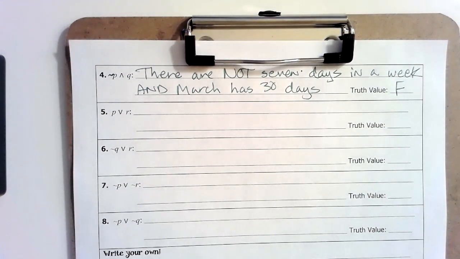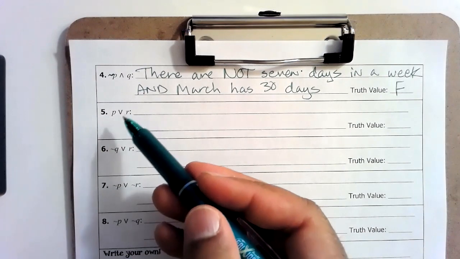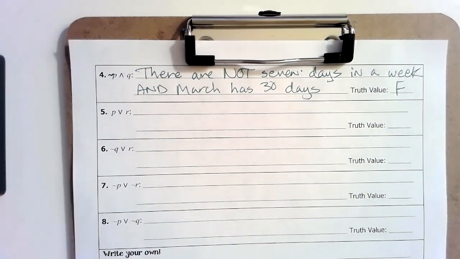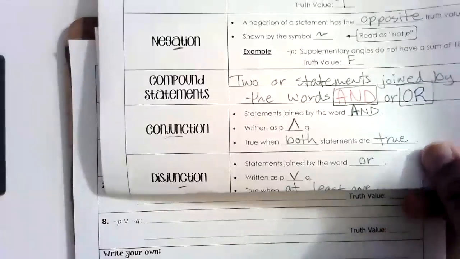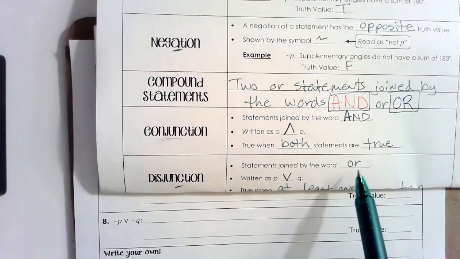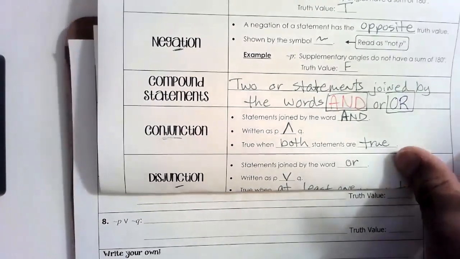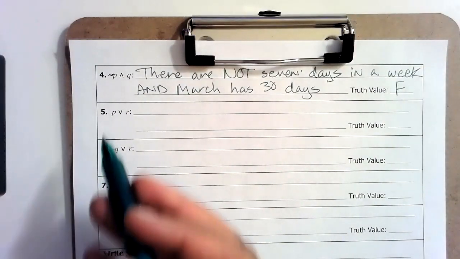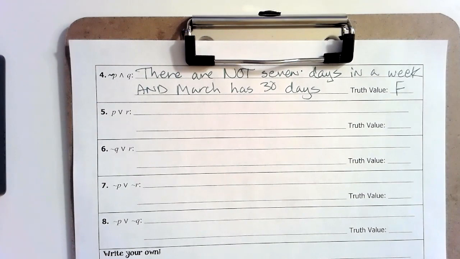Now, you probably have noticed that the next few examples have that little V symbol. And that V symbol is going to tell us that we're now working with a disjunction. All right, and so we're going to be using the word "or" for our compound statements here. So keeping that in mind, let's take a look at our very first one here,